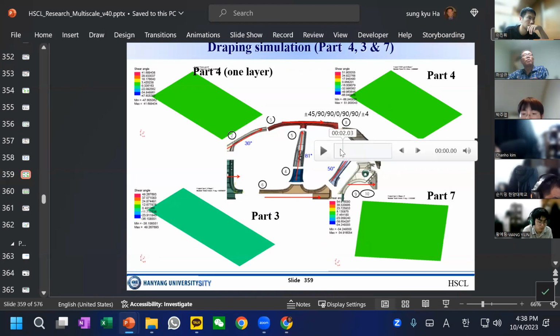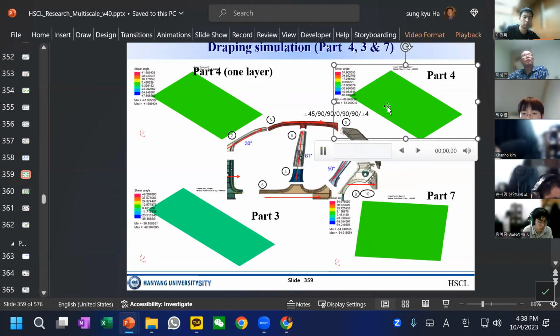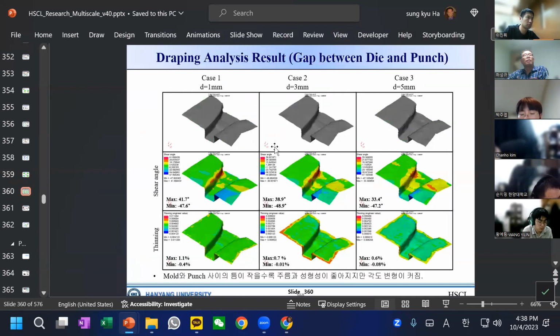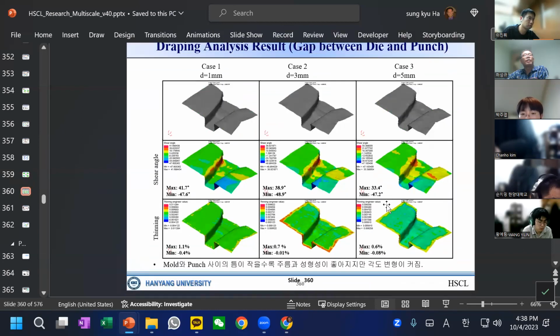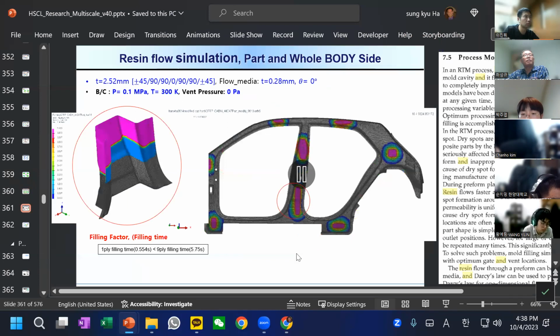Okay, well, it's supposed to show some deformation, but this is the final form. And then the resin can flow, depending on where the resin is supplied. Here is a resin inlet, and you can see how the resin can go in and go out. So through a resin flow simulation, you can understand where the resin goes in, and the air